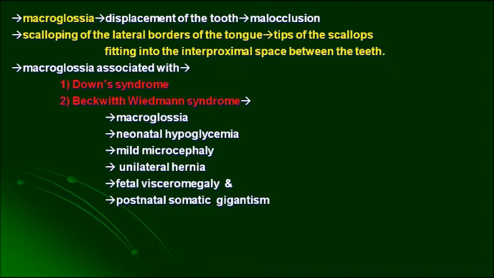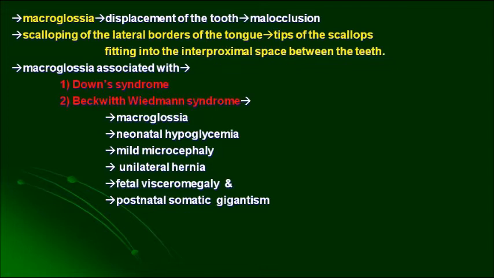So you can see small scallops within the lateral borders of the tongue, okay. The syndromes commonly seen with macroglossia are very important from an MCQ viewpoint. These are Down syndrome as well as Beckwith-Wiedemann syndrome, okay. So which are the syndromes? Down syndrome and Beckwith-Wiedemann syndrome. The conditions are neurofibromatosis, acromegaly and cretinism, and the syndromes associated are Down syndrome and Beckwith-Wiedemann syndrome.